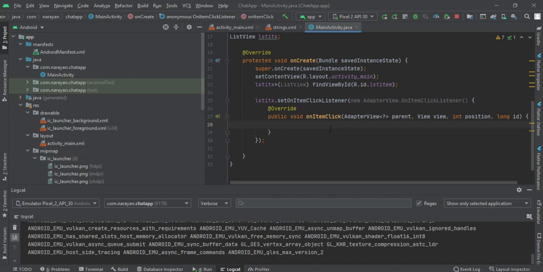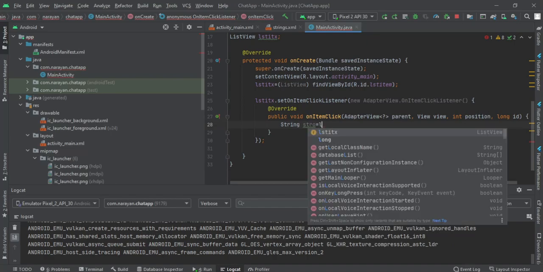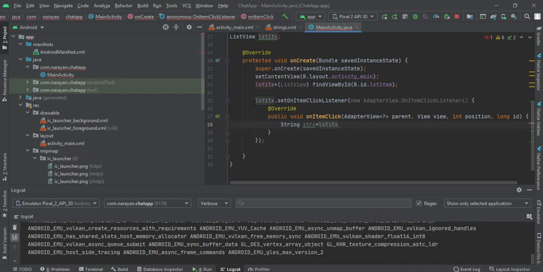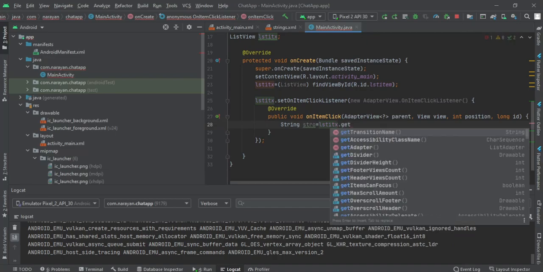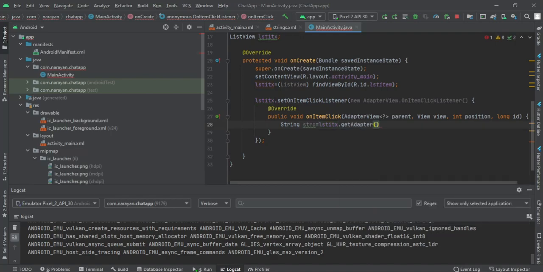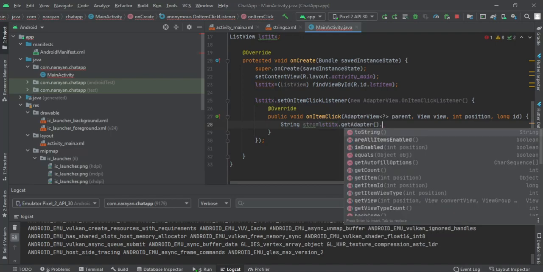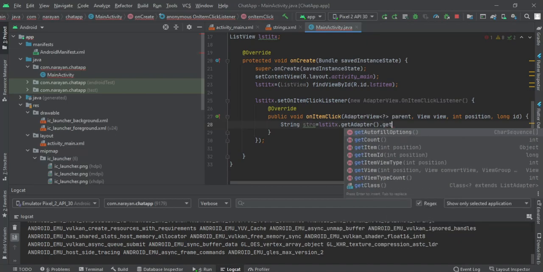So enough of blabbering, and now getting back to the point, what we could do is we will just display the element that we have clicked. So how do you display whichever element you are clicking? For the variable that we have declared here, we will call lstitx dot getAdapter. So you will have to get the adapter that is currently attached to this list component, and dot getItem. So getItem will get the actual value of that item.